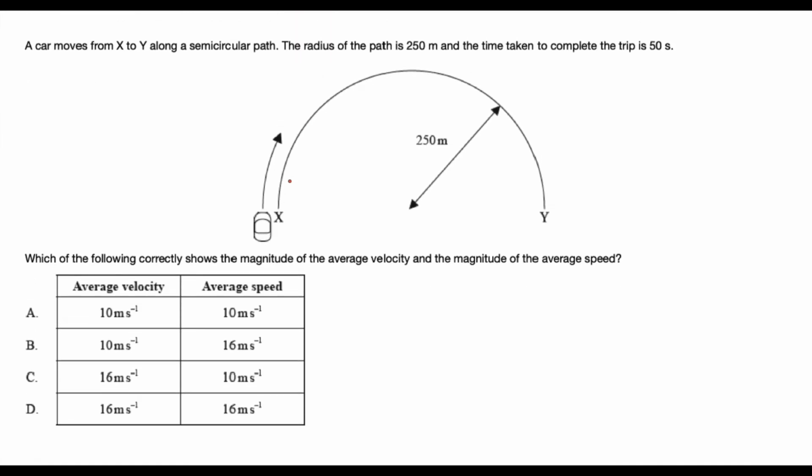A car moves from X to Y along a semicircular path. The radius of the path is 250 meters, and the time taken to complete the trip is 15 seconds. Which of the following correctly shows the magnitude of the average velocity and the magnitude of the average speed? So, average velocity